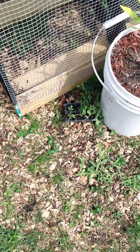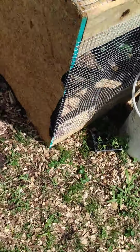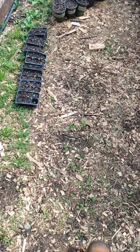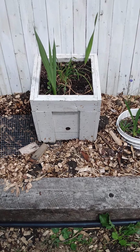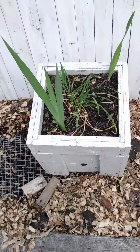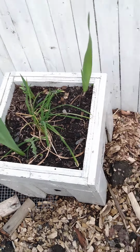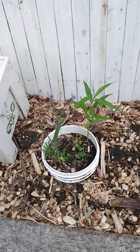Some suckers I cut off my tomatoes, repotted right there. Got some flowers growing here. I found this on the side of the road. It's not going to stay there. This doesn't look all that great, but it's a work in progress. So I planted some gladiolas and some other flowers in it. And here's like a wildflower blend for...